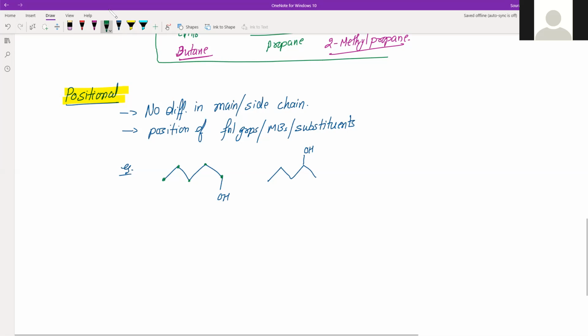So again, what do we have here? We have the same carbon chain structure, the main chain structure, the side chain structure. The only difference is the position of OH. Here the position is 1 and here the position is 2. That is the only difference. So these two are examples of positional isomers,